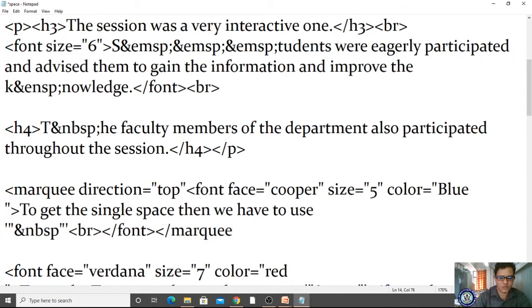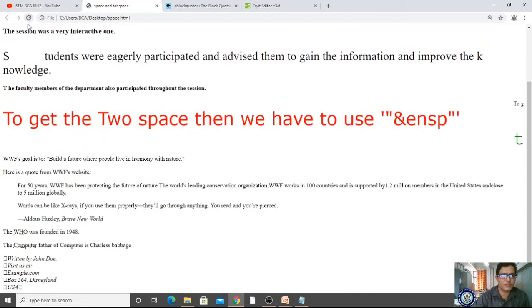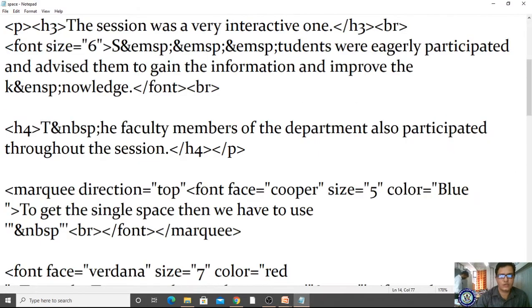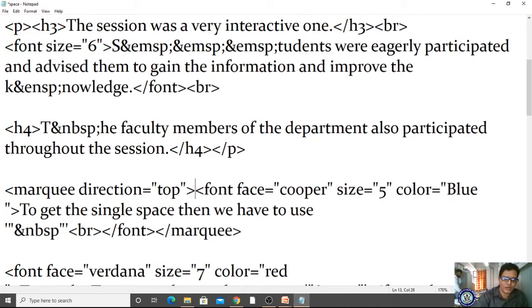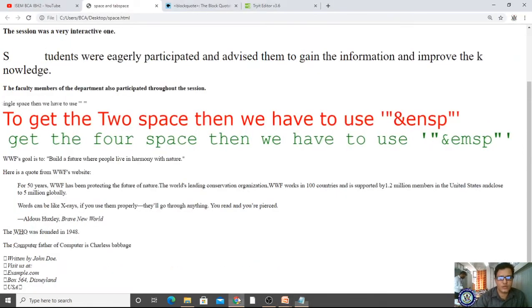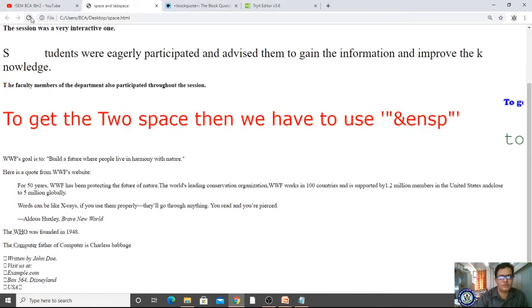Okay, marquee. Now let me save it and come here and refresh. Now are we seeing any difference? No. Why? We have made some mistake. Here the marquee was opened and not closed. Now let me save it, come here and refresh.